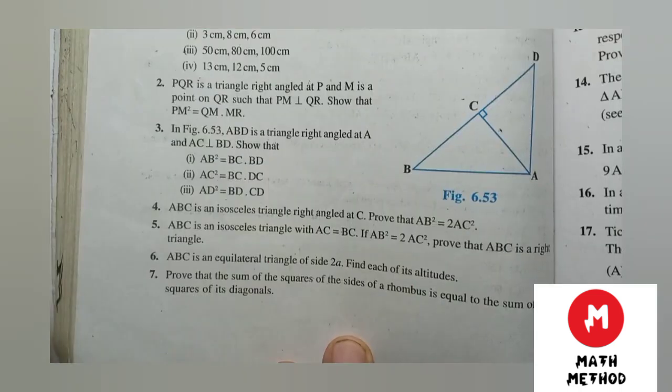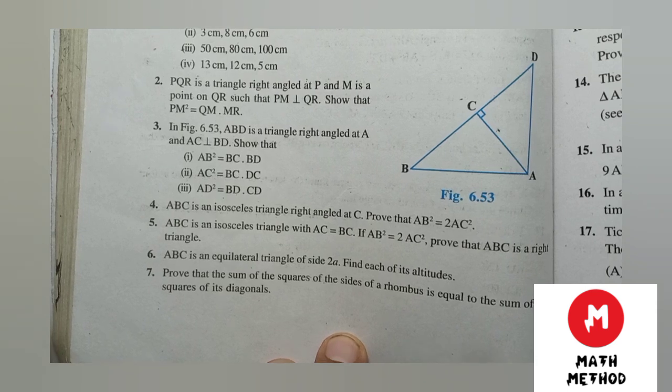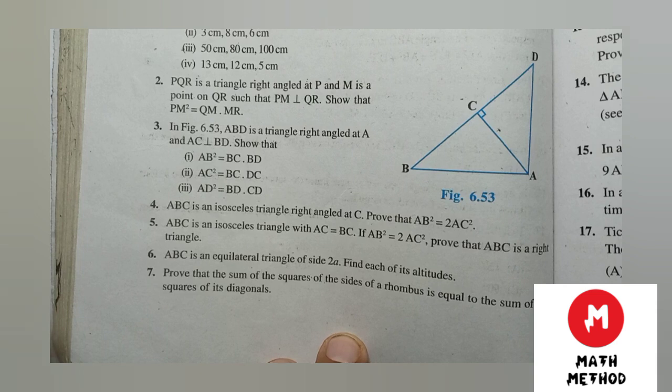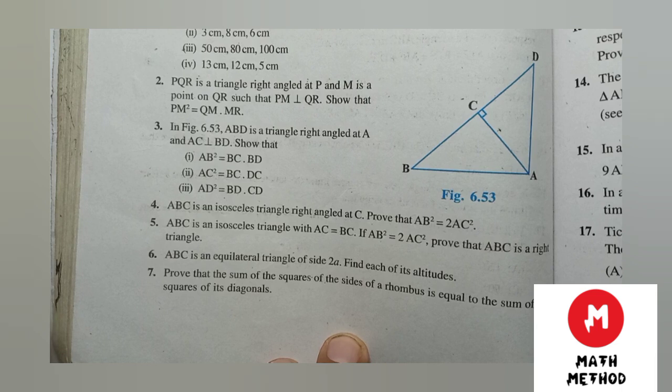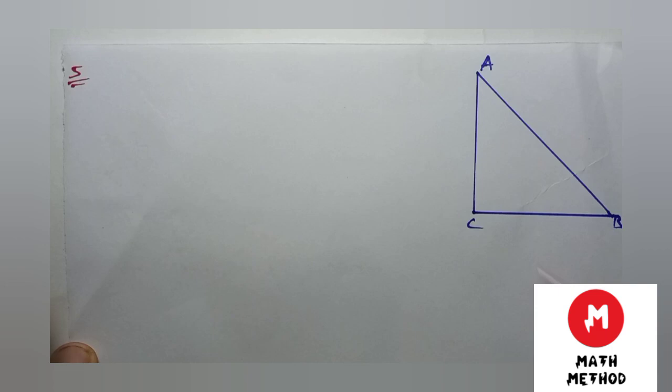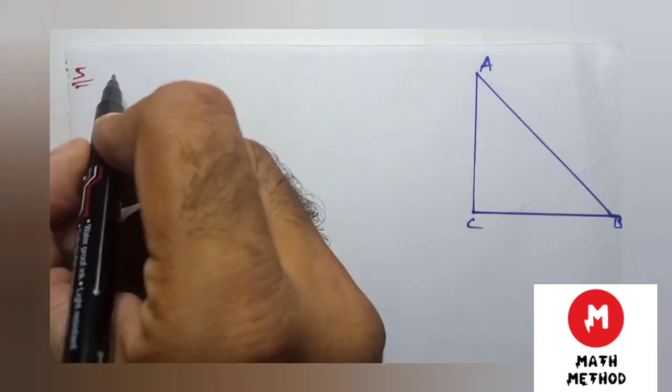Now question number 5. ABC is an isosceles triangle with AC equal to BC. If AB square is equal to 2AC square, then prove that ABC is a right angle triangle. Clear? So this is the converse of question number 4. So we have to prove ABC is a right angle triangle. Clear? Now it is given that